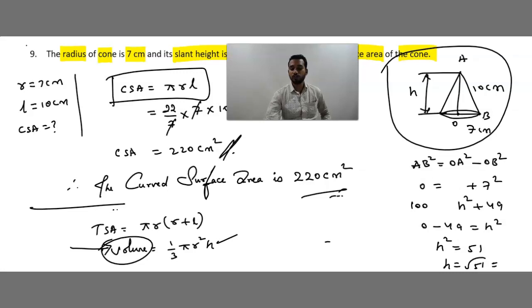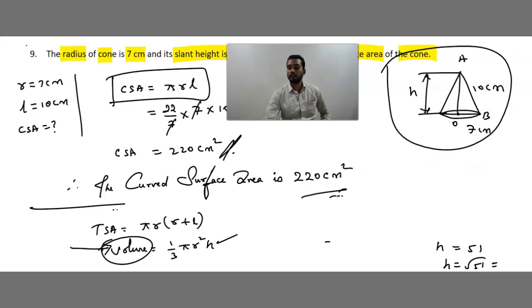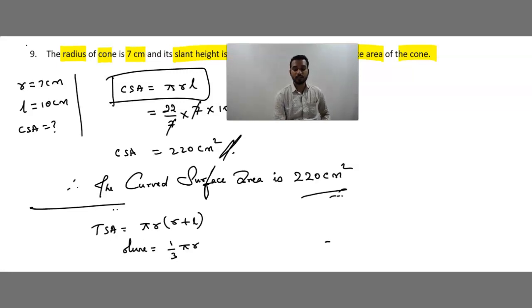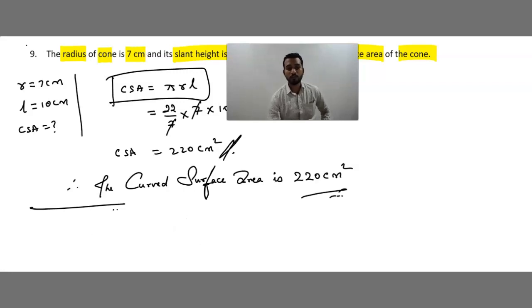Okay, no need to get confused, but just remember, out of 3 values, if any one value is missing, you have to apply Pythagoras, so that you will get the solution. Two values are known, another one value is unknown. Usually that type of sums you can find in frustum of a cone. In that, mostly we will be using Pythagoras. So according to this problem, 220 centimeters square is the answer. I hope you have understood this problem.